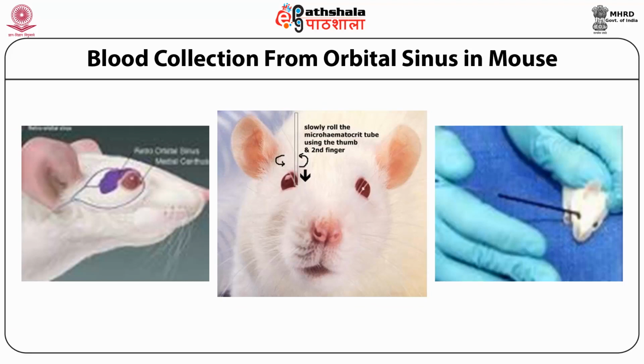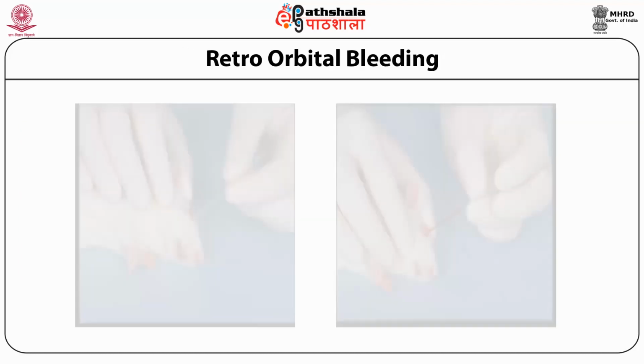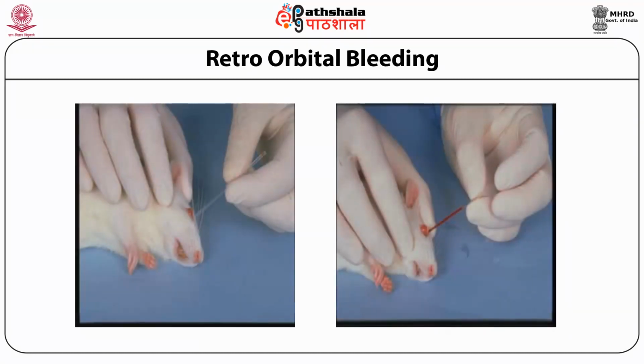You can see the eye, where we can see both the inner and outer canthus, and with the capillary tube, by capillary action, the blood will come out from the eye. This is nothing but pinching inside the plexus of the retroorbital eye. This is usually done using anesthesia. This is another picture showing how blood is collected after anesthesia.